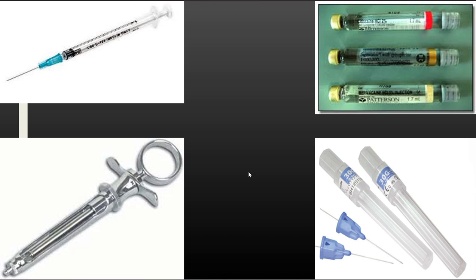Now, the gauge is the diameter, or opposite to the diameter to be specific. As the gauge increases, the diameter decreases. So, a 21 gauge needle would have a large diameter. It will be painful. A 27 would be less painful than the 21